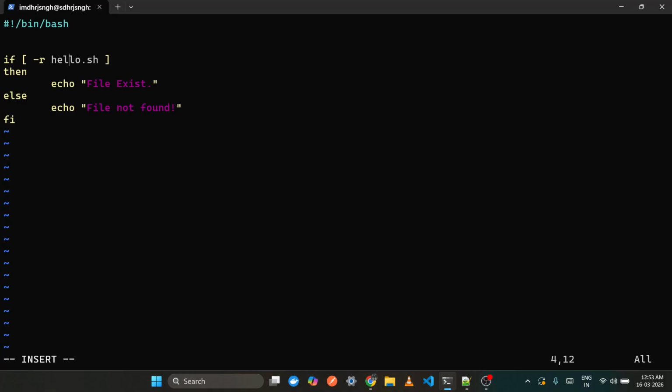Hyphen r for read, hyphen w for write, and hyphen x for executable. So here I am basically going with the read. If read permission exists, then it should print "file has read permissions." Fine. If it doesn't, then it should print "file doesn't have